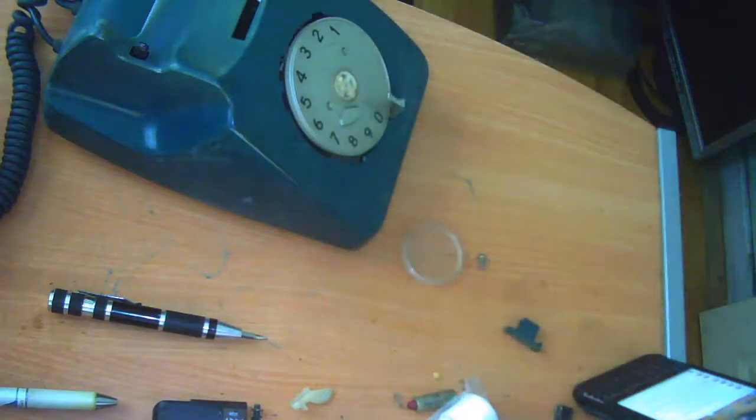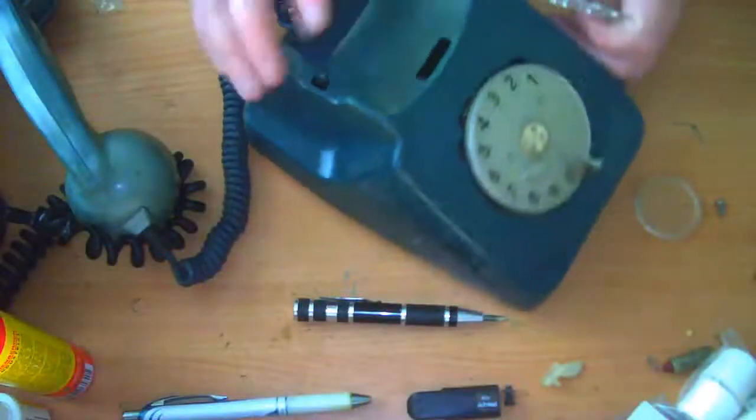And I think certain phones sometimes didn't have them if they were made not actually for the GPO or for telecom or whatever you want to call it. I think sometimes they missed those spring clips off because they realised they weren't totally required and they wanted to make the phones as cheaply as possible. So we've put that on there,